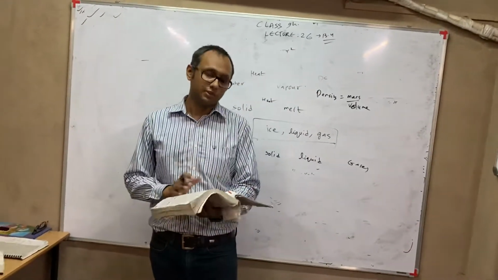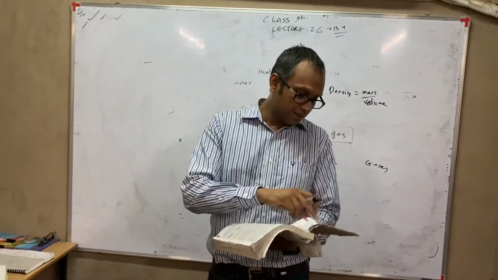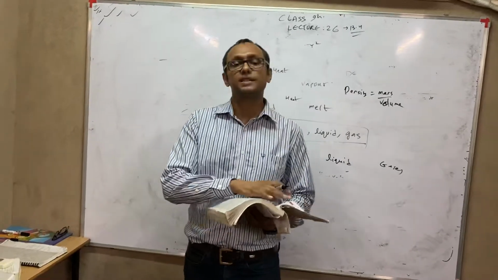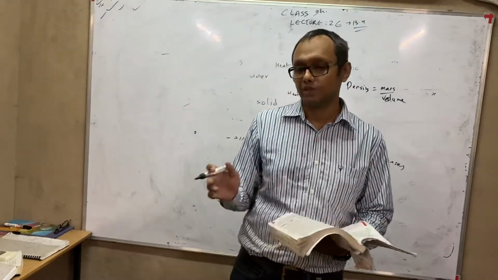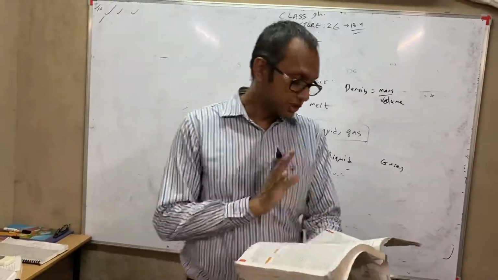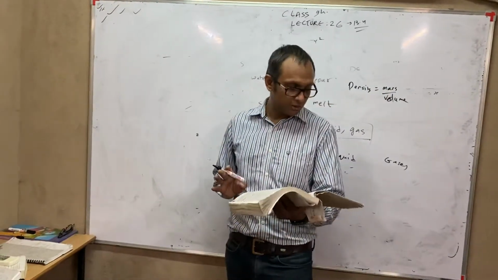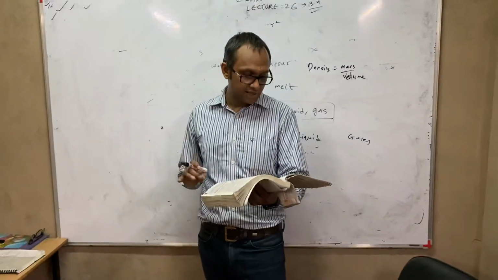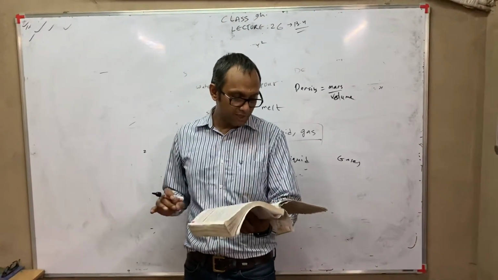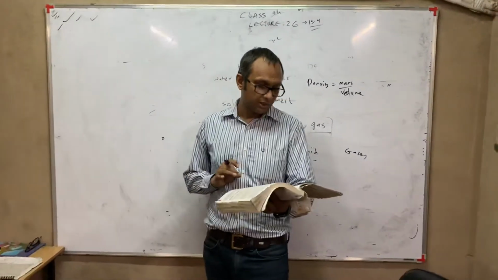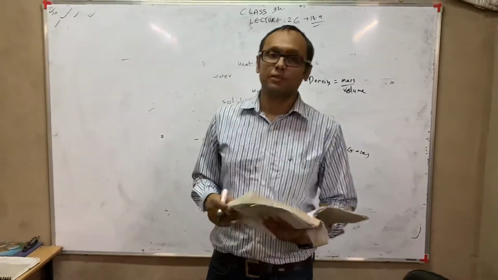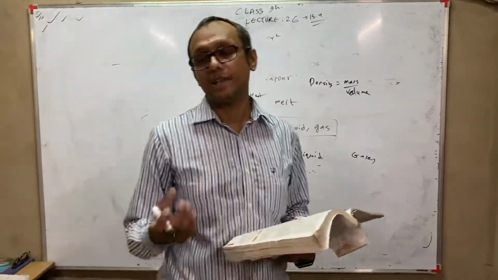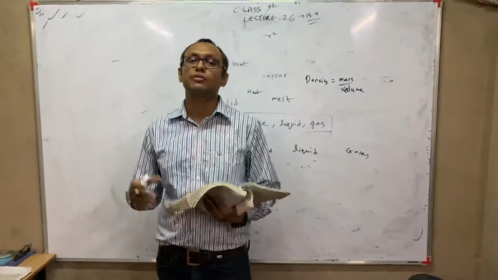Lastly, question number 4. Now, up till now, questions number 1, 2, 3 were there in your textbook, or they are in the notes also. But question 4 is not there in your textbook at all. Question 4 is, liquids generally have lower density as compared to solids, but you must have observed ice floats on water. Find out why. Now, ice floats on water, you must have heard of icebergs.